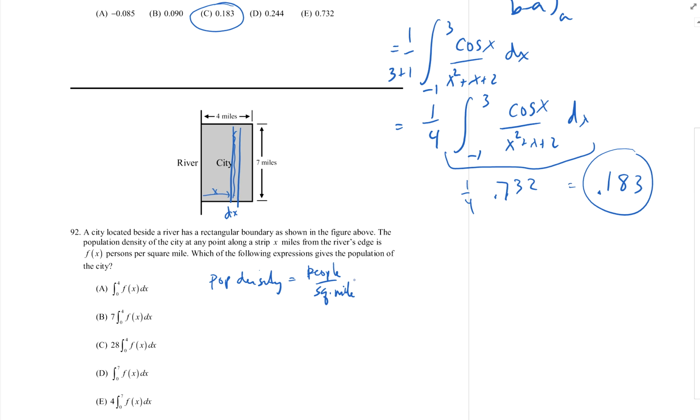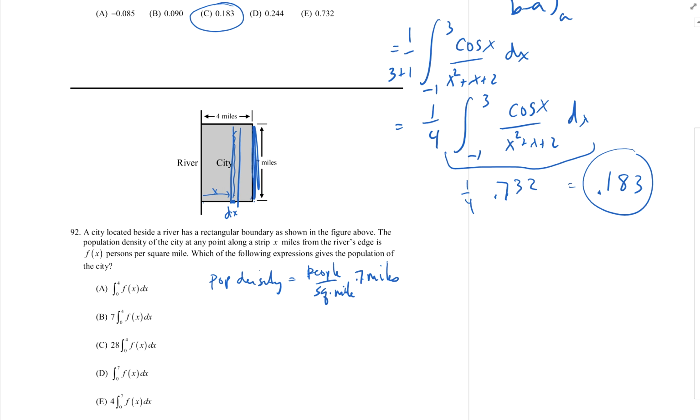But if I just multiply that times dx, and when I integrate it from 0 to 4, it's going to be miles times people per square mile. It's not going to give me people, because I'll still have to think about my units here. I need to have square miles. So I have to multiply it by this length as well, so I get times 7 miles,